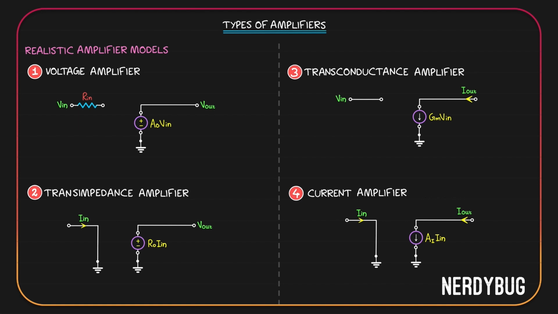For that, I'll apply a potential Vx at the input and find its relation with the current Ix that will be flowing over here. Now, what will be Ix? Ix will simply be 0 because the circuit is open over here. If Ix is 0, when I take Vx by Ix to find the new input impedance, I will still get infinity. That means if there is some resistance in the circuit in this manner, it will not affect the performance. So we do not have to consider it in the model.